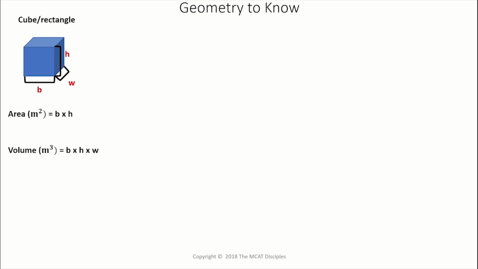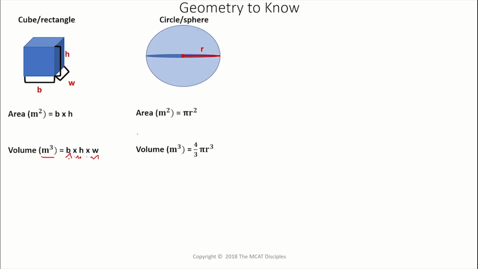So there's some geometry you should know that'll be helpful in dealing with the kind of questions you'll run into with static fluid objects and fluids. So you should know the area of a cube or rectangle. Area is base times height, volume is going to be base times height times the width. This whole thing of meters cubed comes from the fact that this is meters, and this is meters, and this is meters. So you multiply those three, you get meters cubed.